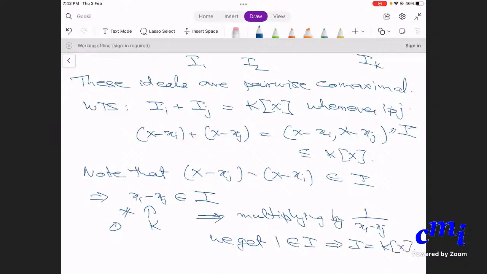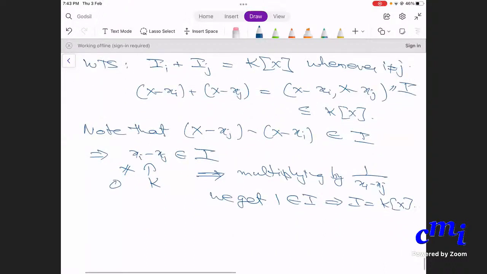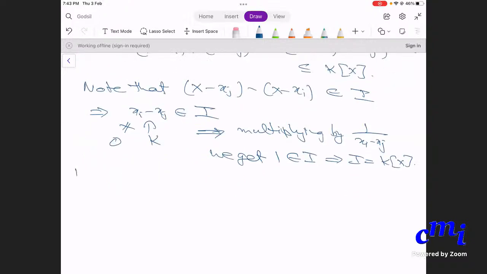To say that the ideal is the whole ring is the same as saying that 1 belongs to that ideal. So we see that the sum of these two ideals is the whole ring. So these ideals are pairwise co-maximal. Once we know these ideals are pairwise co-maximal, we can apply the Chinese Remainder theorem. Hence, by the general CRT,